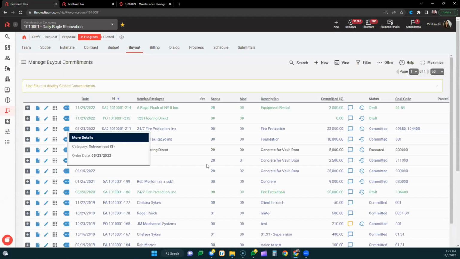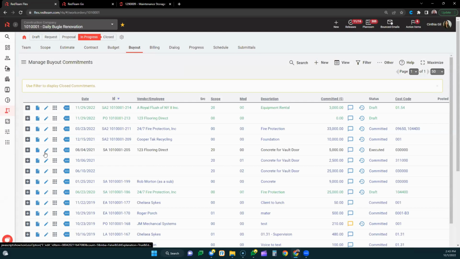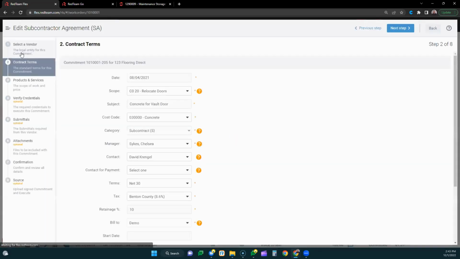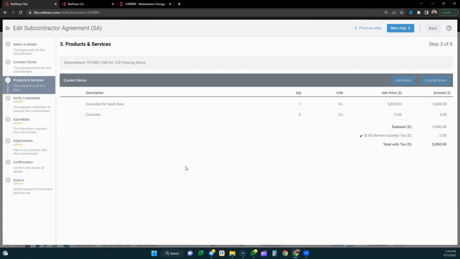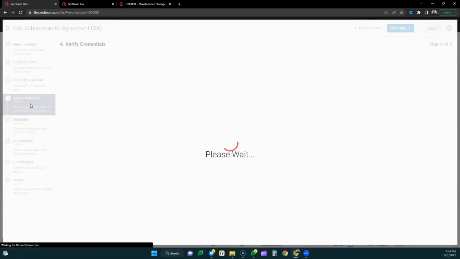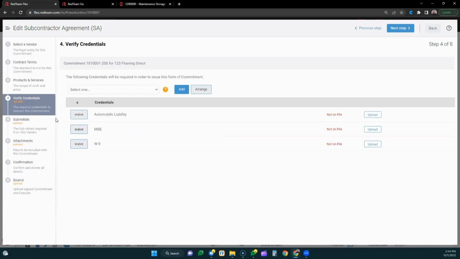I just navigated to my subcontract page. And if I click on this one, I just want to edit to show you the workflow. We guide the project managers on the steps that they need to take to create a subcontract. The vendors are integrated with Sage 300. After that, they'll select or enter any contract terms, enter the scopes and services, aka schedule of values. They can also enter the description of each of these scopes of work. This is where they can verify credentials, maybe request submittals, add attachments, and finally send it on to the subcontractor